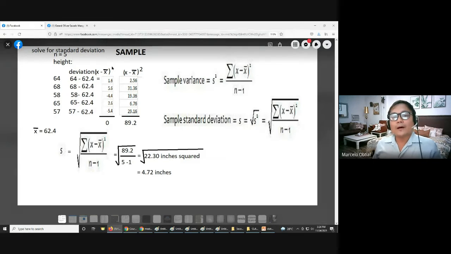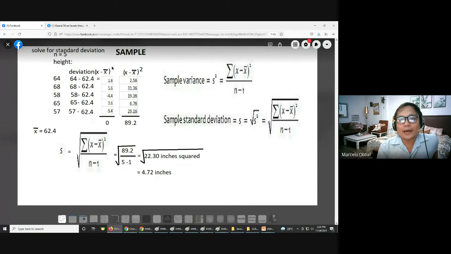Kasi ito ginawa ko sa kabilang klase. So, I asked the students, no? For example, may klase ako na 30 students. Tapos nagbigay ako ng quiz, let's say out of, no, hindi pala, height pala ito. Okay? There are 30 students, so kumuha lang ako ng limang estudyante, randomly, so kinunan ko ng data.